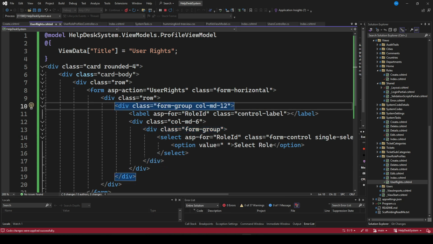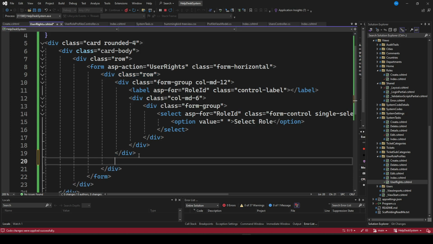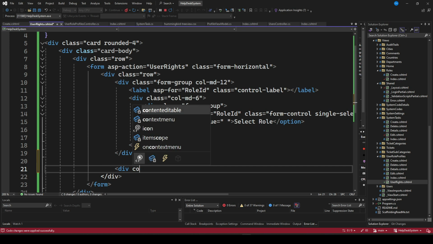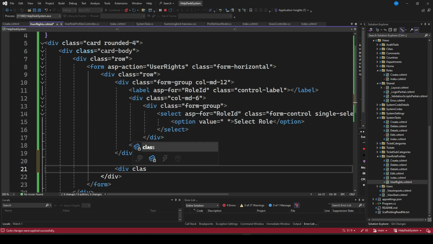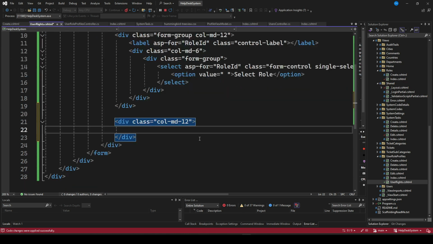So the next thing that I want us to define is, down here, a div with class col-md-12. So this is another div. Then down here, I want us to have a div with an ID, and I'm going to have a tree. So we are going to use something called